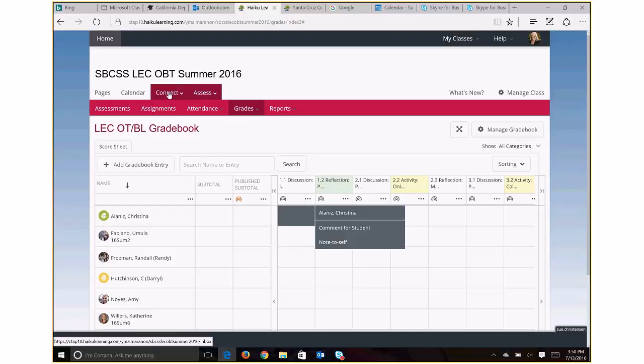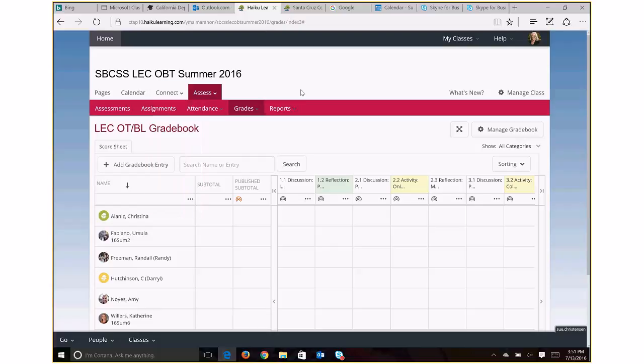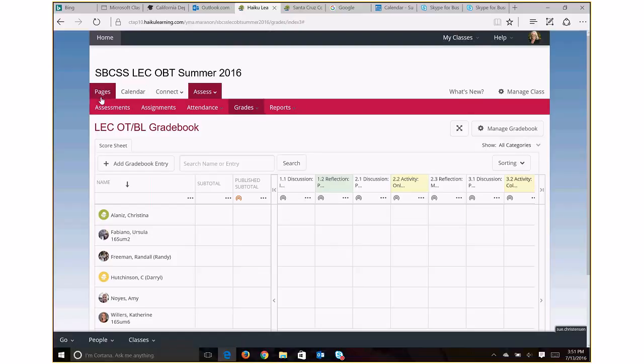We talked about the connections through inbox. I do want to point out that, again, we do not use Dropbox, but we do all these other things. We'll talk as they come up in the modules, like about wiki projects. We're not going to do that today. And then we're going to go back real quick. I think we're just about ready to wrap it up here. Let me look at my notes, make sure I included everything. Yeah, I think we've covered it all.